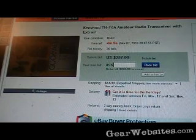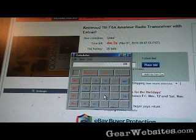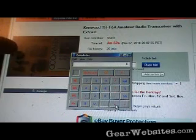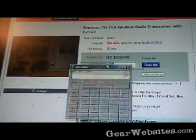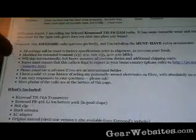So we're looking at $300, and then we're talking another, let's say, $40 for the modification to the frequencies. Let's say another $30 for the microphone, and let's say another $30 for the car charger. Now we're looking at a $370 radio. Because it's a person who has good feedback and who looks like he's kept it in good condition, I feel